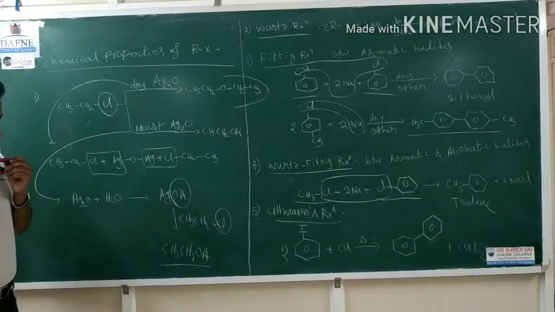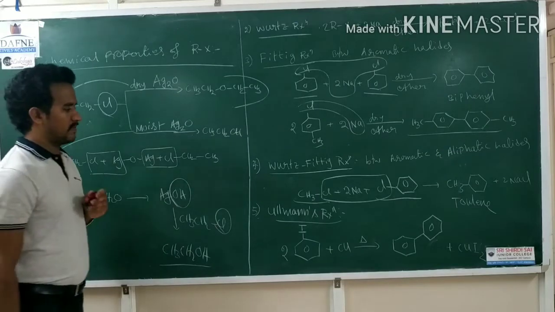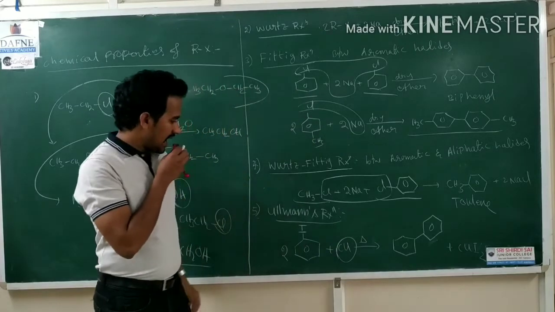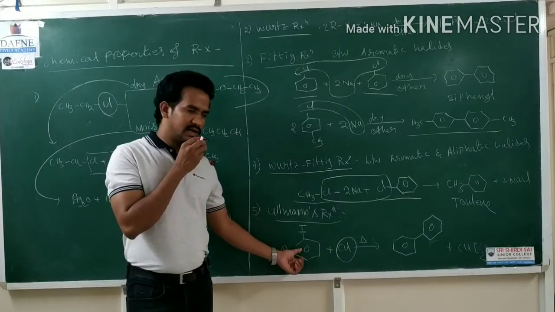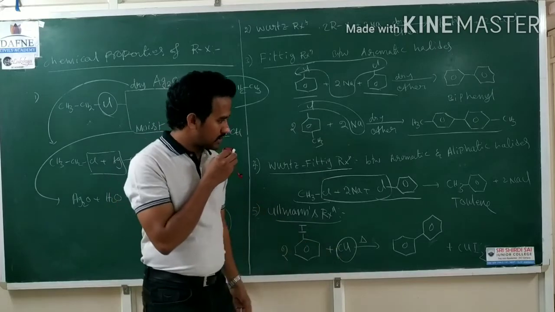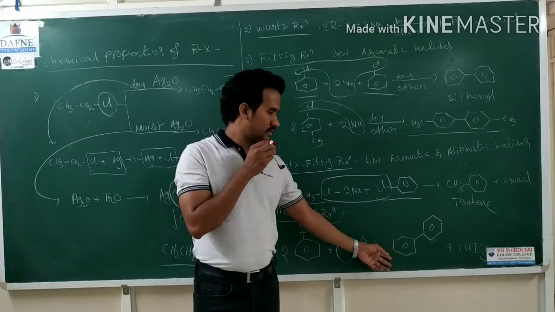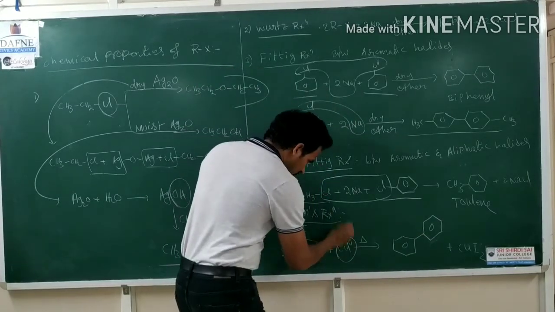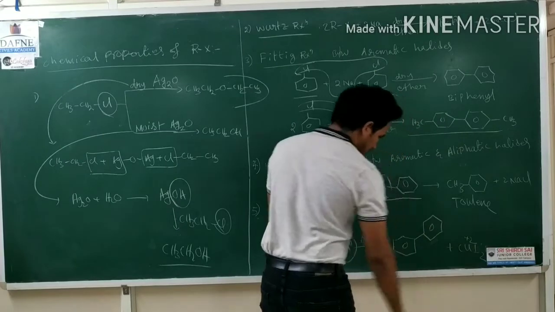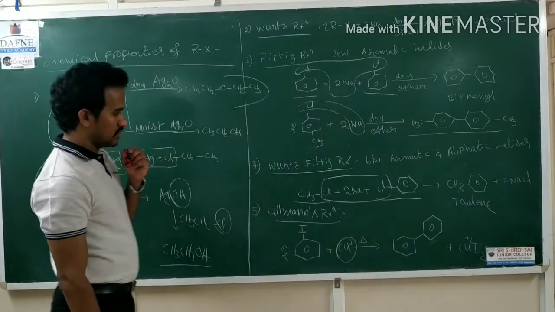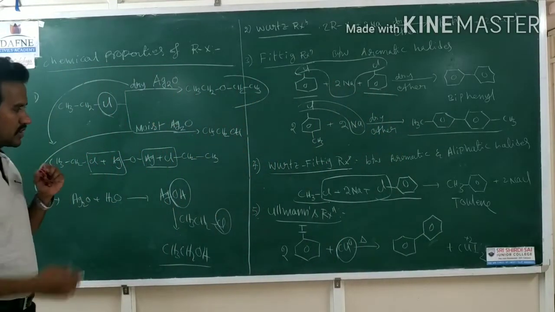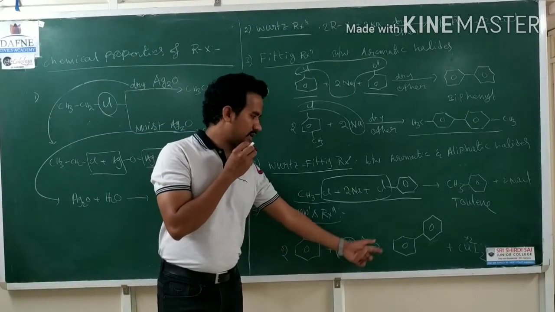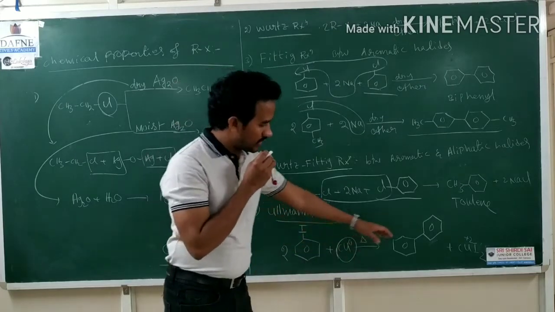Next, the Ullmann reaction, in the presence of copper. Aryl halides on heating with copper, we will again get the same product, biphenyl. The side product is CuI2, that means Cu0 is converted to Cu plus 2. Okay, this is the Ullmann reaction. The heating of aryl halides with copper gives biphenyl, which is nothing but a dimer product.